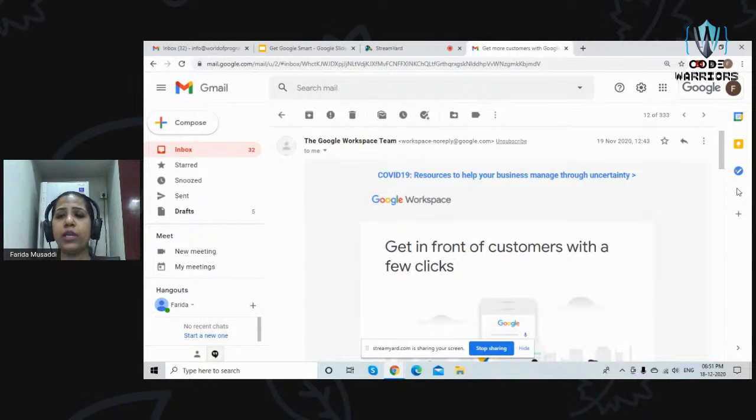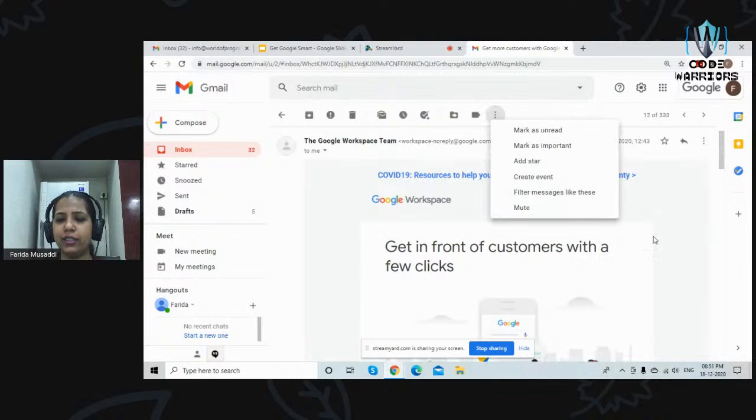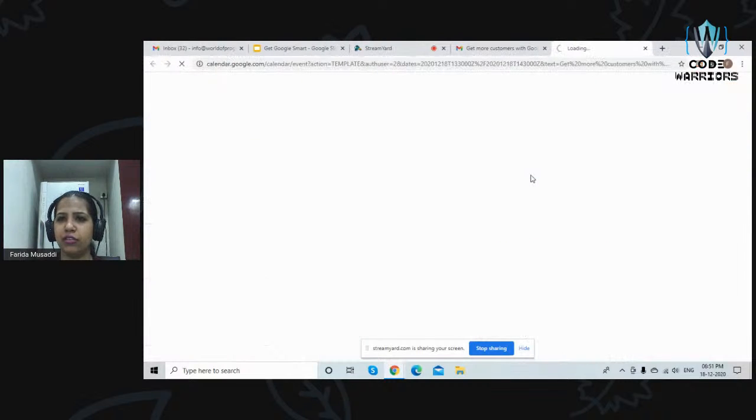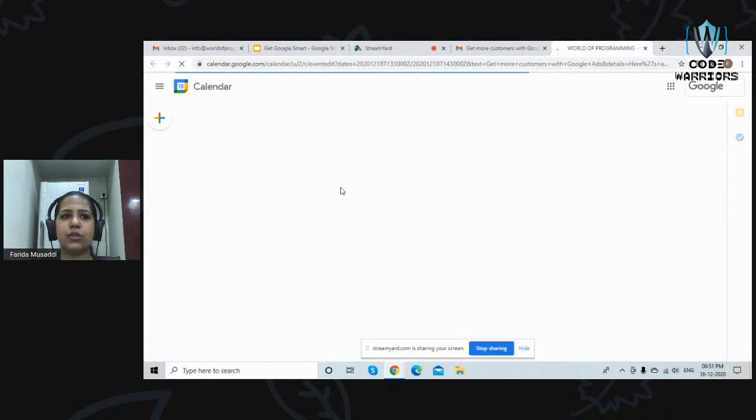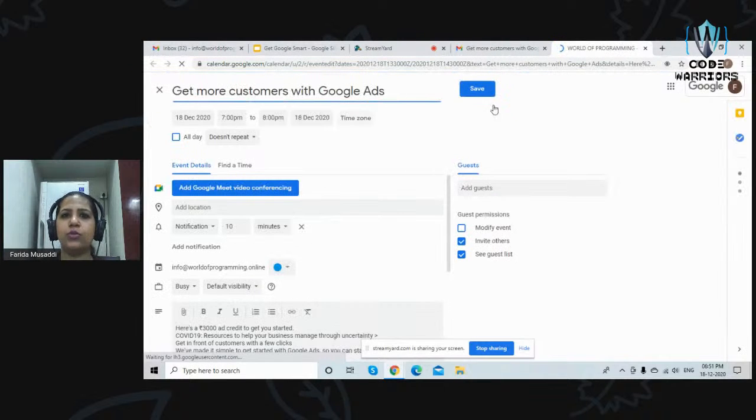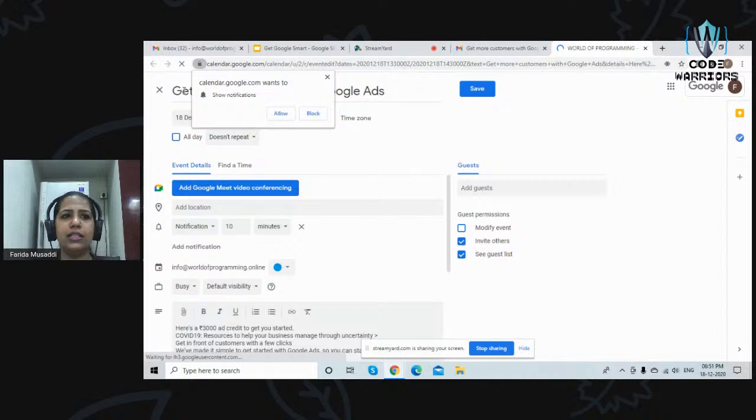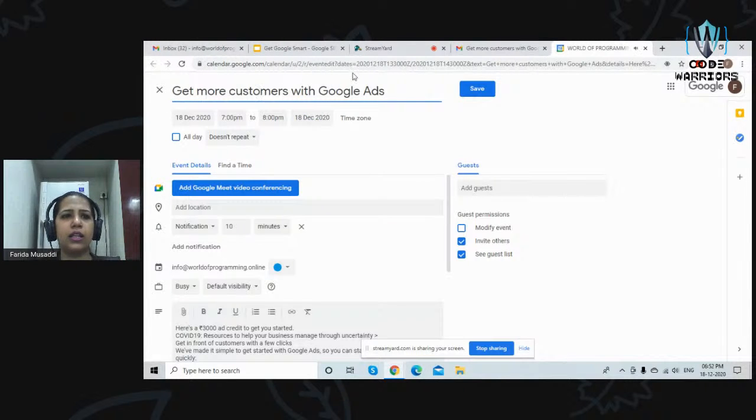Okay, similarly, you can also set a particular task to your calendar. So you can choose create event over here. Now this task will be created as an event and it will be set in your calendar. This is my task name by default. This is your task name, the date, the time which has been set for the task.